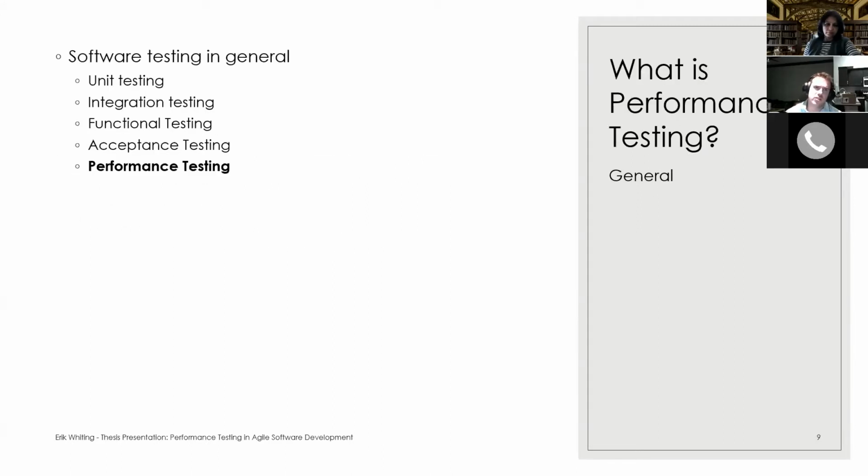Software testing, there's a few different kinds. There's unit testing, where we test different methods in the code or classes. There's integration testing, where we test different components and we make sure that they play nicely together. There's functional testing, where we test out a feature. So something like logging in and seeing your emails, for example, that's a feature, and that's what would be a functional test. Then there's acceptance testing, which is where our users test out the system that we build, and they say, yes, this is what we want, or they say, no, we need you to fix this.